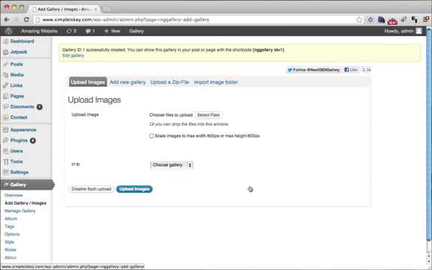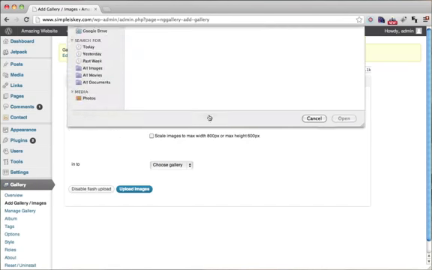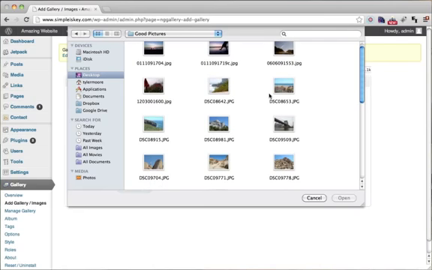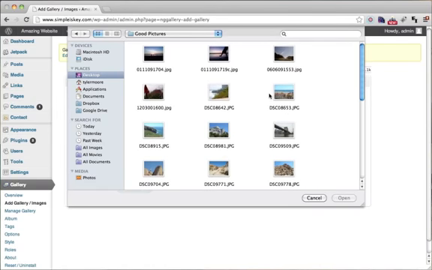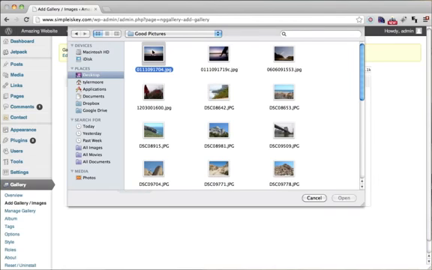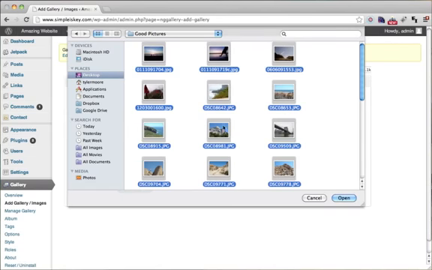Alright, once that page comes up, you're going to want to select your files to upload. So just click Select Files. And I have a few here that I want to select. So I'm just going to select the first file, and I'm going to scroll down until the last file I want to select, and I'm going to hold Shift, and that will make it select all of them. So again, you choose the first file, hold Shift, and then click the last file, and it'll select all of them here. So I'm just going to open those,